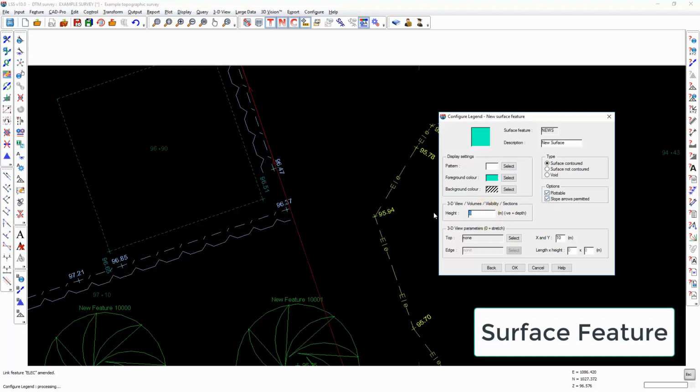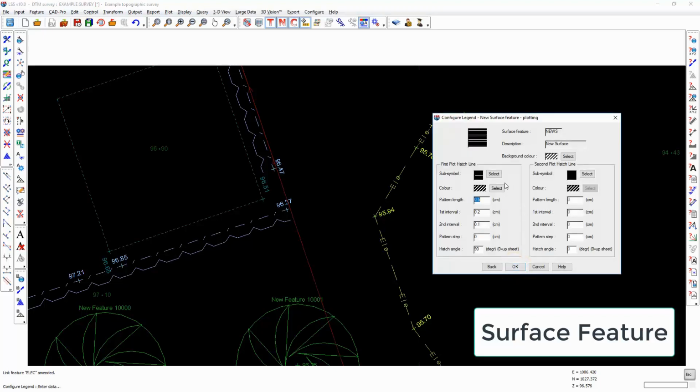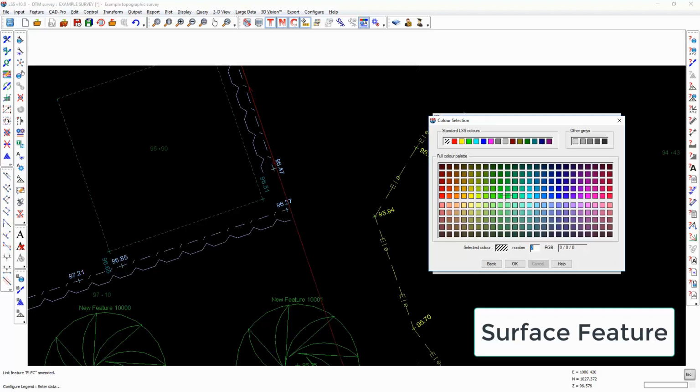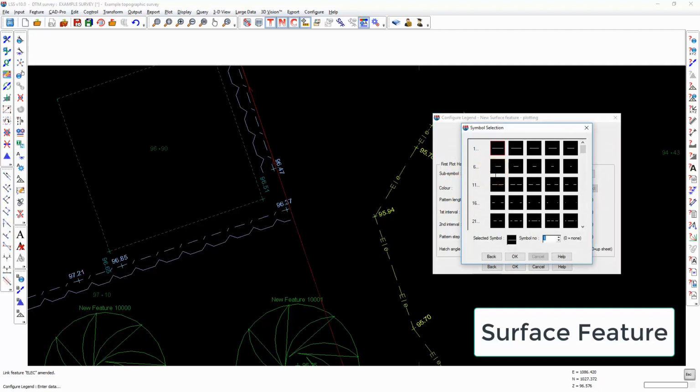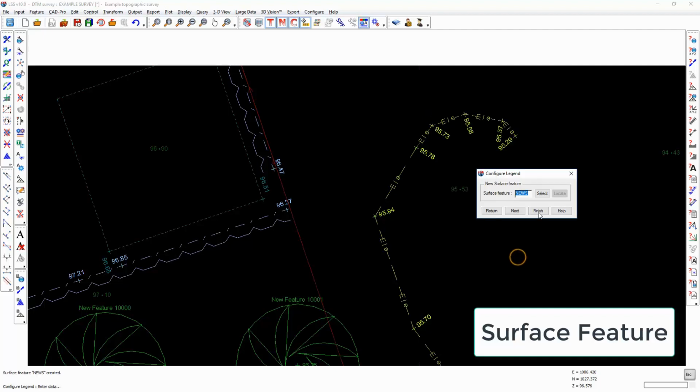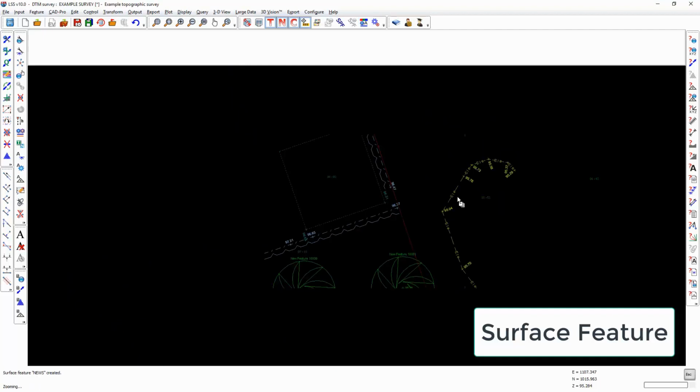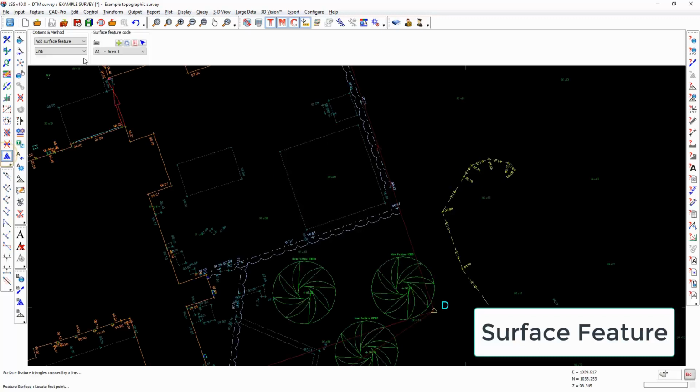I can give it a height, and if I give it a height I can also give it a top and an edge texture, so for 3D view purposes we can then view the feature. And because I tick the option to plot, I'll probably just want a solid colour and no hatching. Finish, save. I can now apply that surface however I want